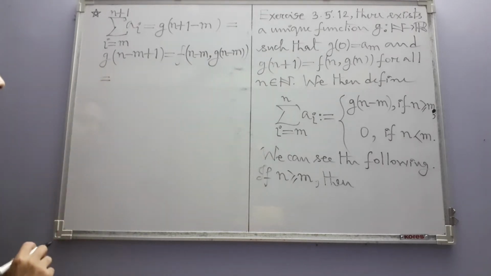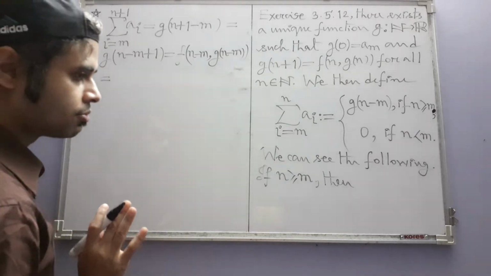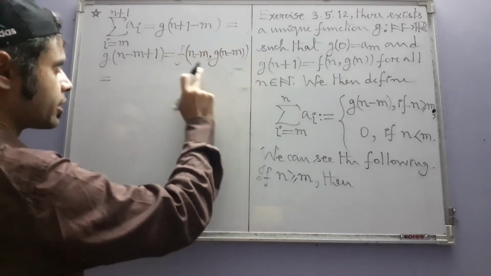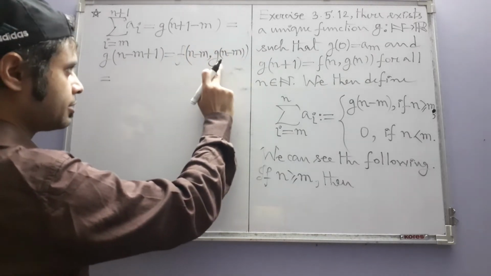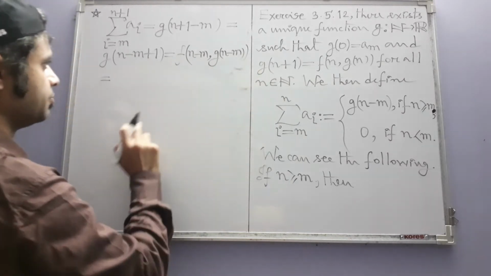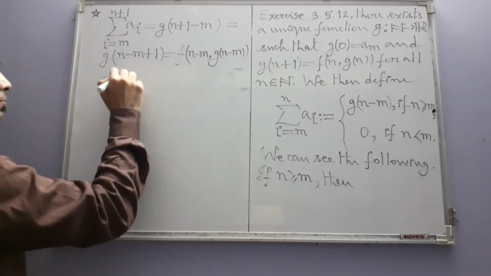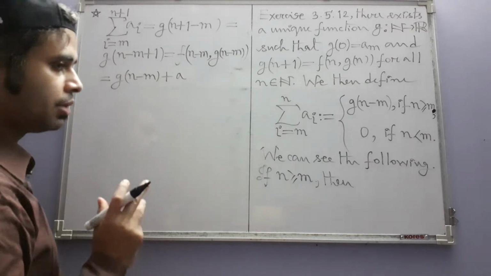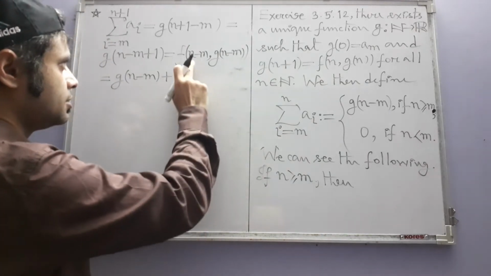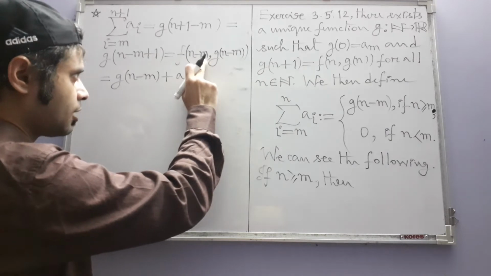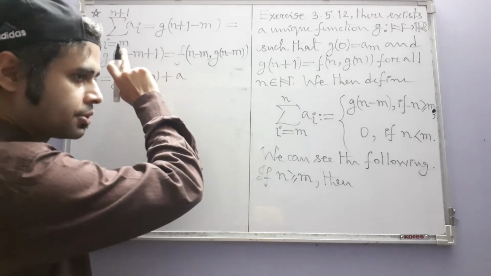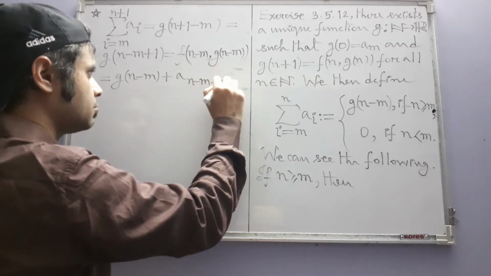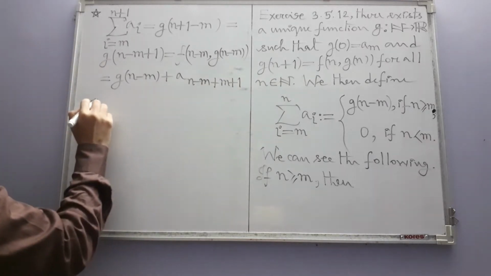The actual definition of f says that it is equal to, note that here the first coordinate of this ordered pair is our natural number and the second coordinate is a real number, so that real number r plus a. Now what will the suffix be? The suffix is this natural number, which now plays the role of that n in the original definition of f. So n minus m plus m plus 1, and that is,